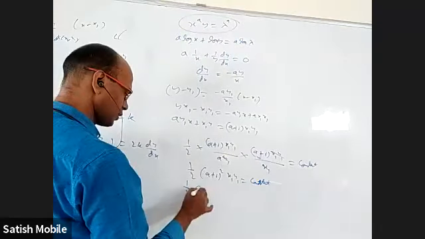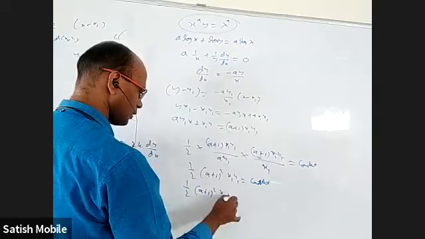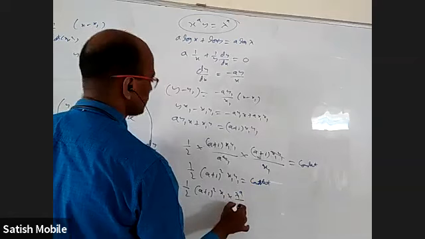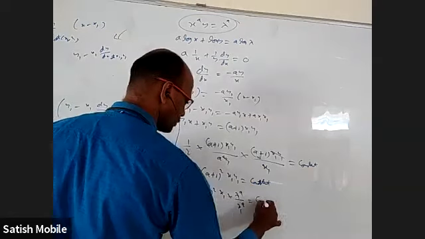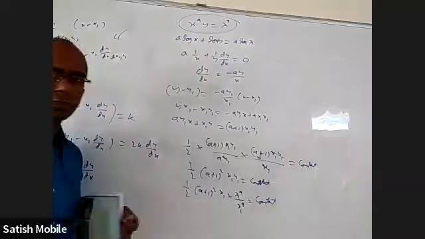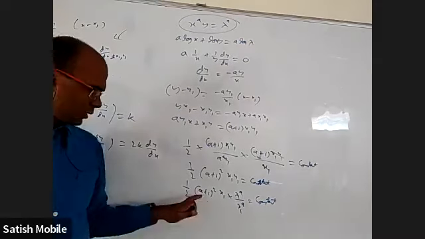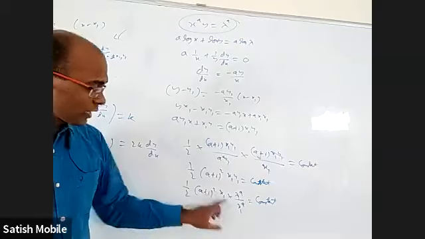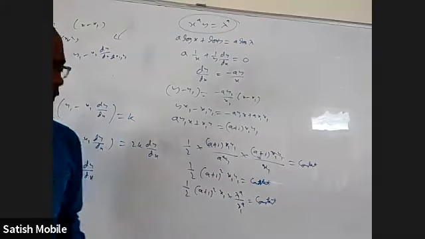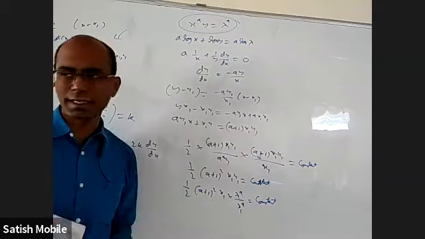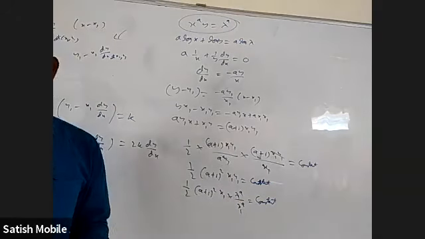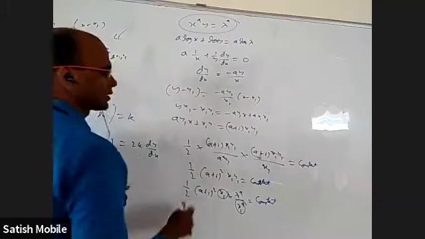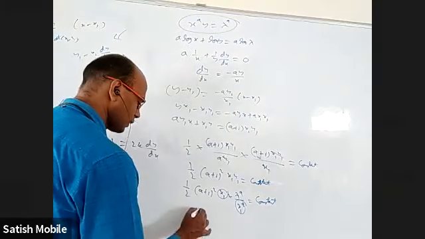Then, if you don't realize that, you can do one thing else. In the place of y1, I can write lambda power a by x1 power a. One may say, see, a is a constant, lambda is a constant, but x1 is changing. Even though x1 is changing, this should not change. That is possible only when this x1 will cancel, or you can say the power of x1 is 0. Okay. So this and this should be cancelled, and only then it will be constant. So a must be 1.